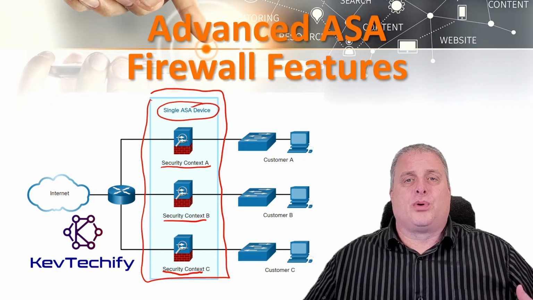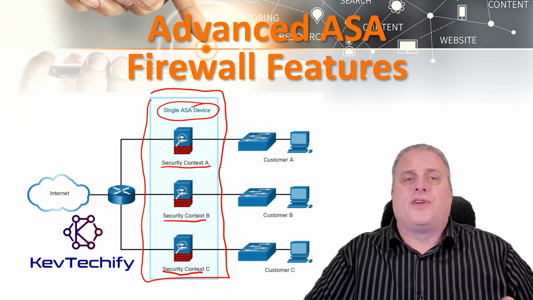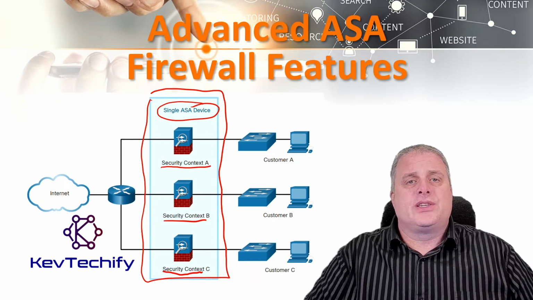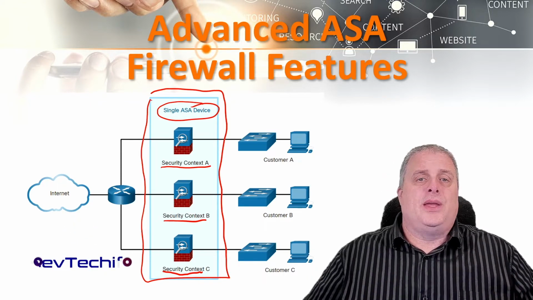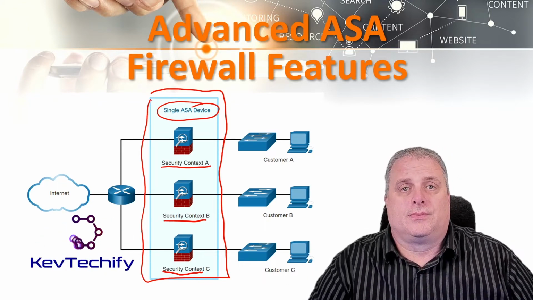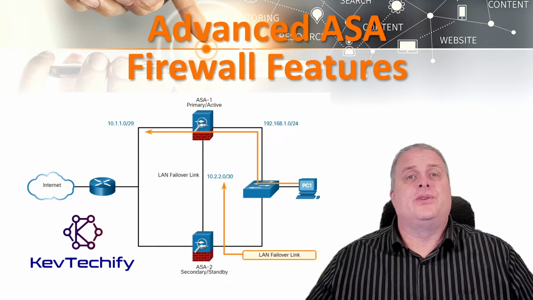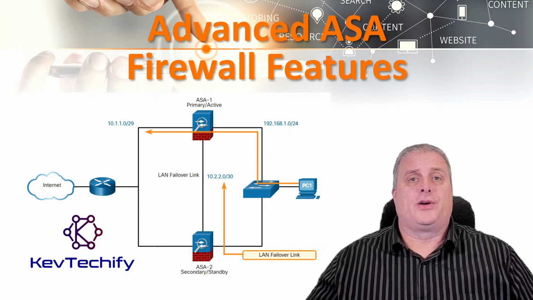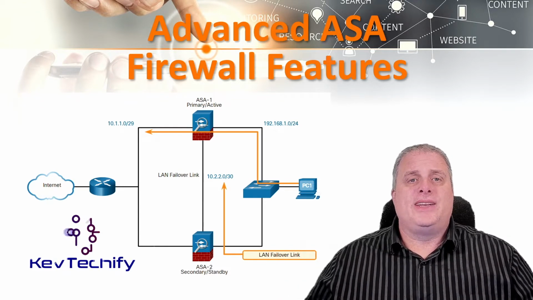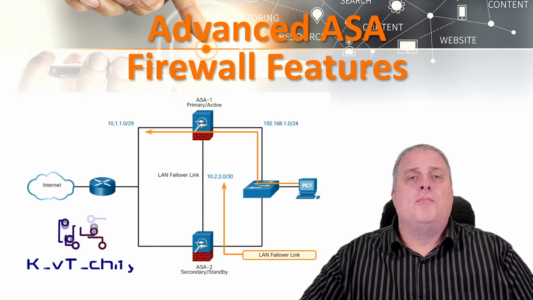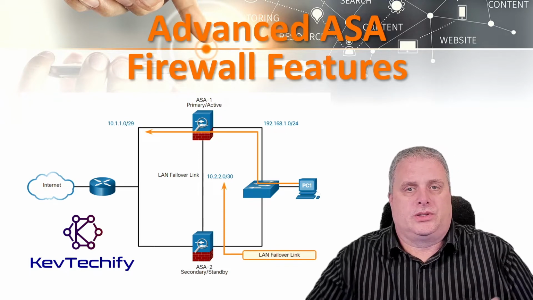Many features are supported in multiple context modes, including routing tables, firewall features, intrusion prevention systems, and management. Some features are not supported, including VPN and dynamic routing protocols. Two identical ASAs can be paired into an active standby failover configuration to provide device redundancy. Both platforms must be identical in software, licensing, memory, and interfaces, including the security services module, also known as the